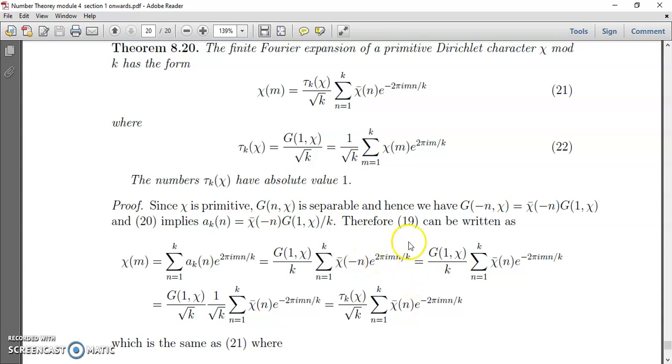Now here, this g of mn by k, g of 1 chi sigma k equal to 1 to k chi bar of n minus n e raised to 2 pi I mn by k can be written as chi bar of n, g of 1 chi by k chi bar of n e raised to minus 2 pi I mn by k, because